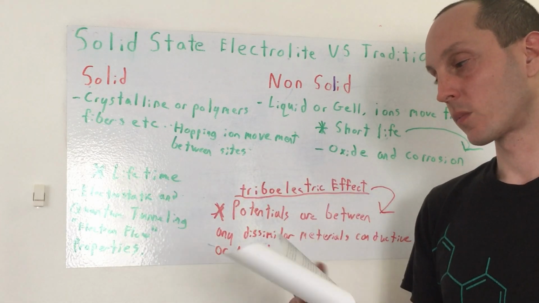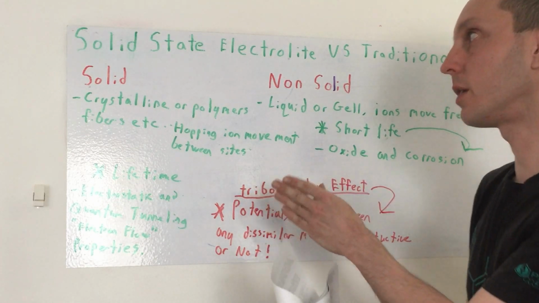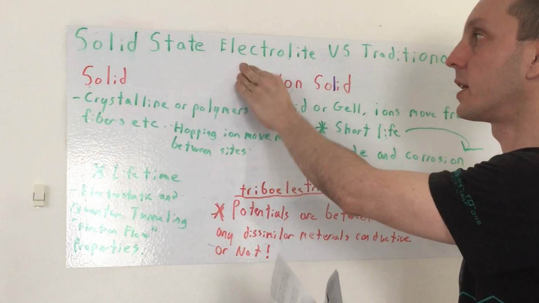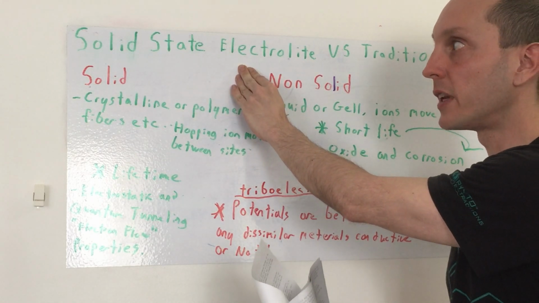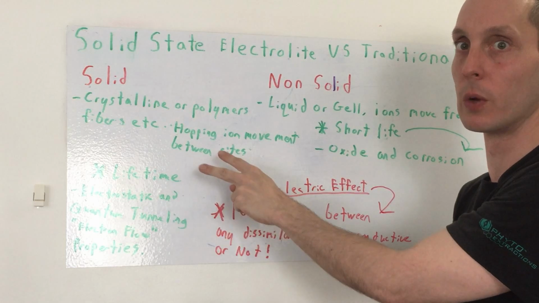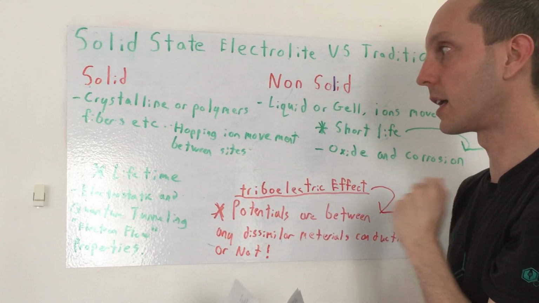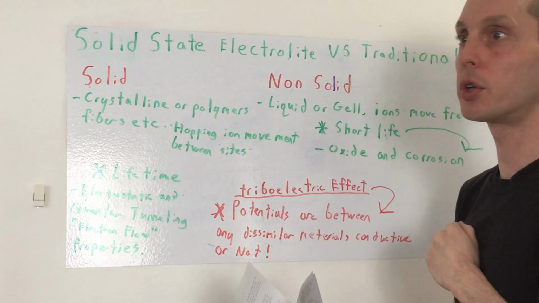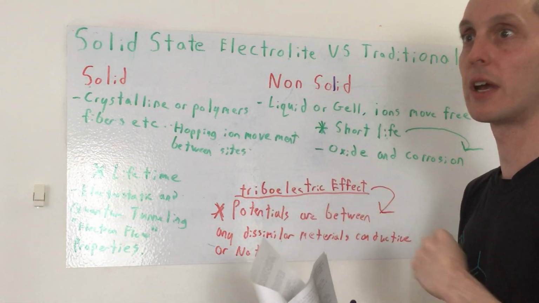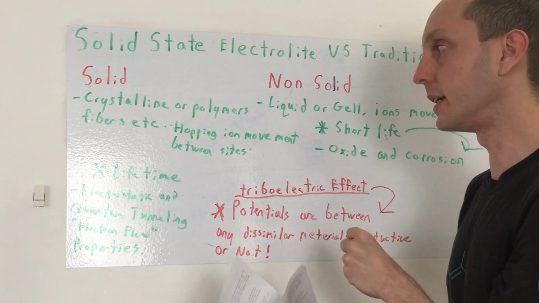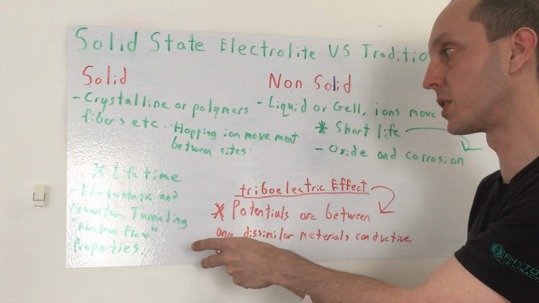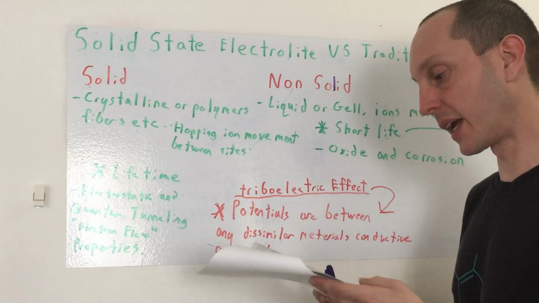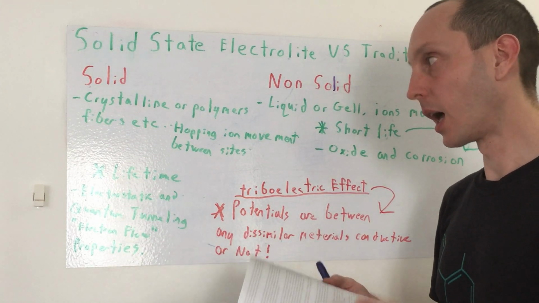And with that said, folks, if you're reading between the lines here, if you can come up with a very good solid state electrolyte, you don't even have to depend on two dissimilar metals to create this effect. As long as you have the proper electrolyte mechanism at play, you could use two of the same, as long as you have a conductive path, the quantum tunneling and the electrostatic will make that work. So to explain how that works here,